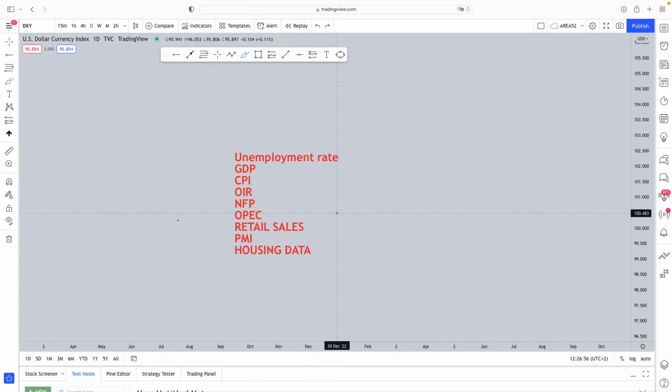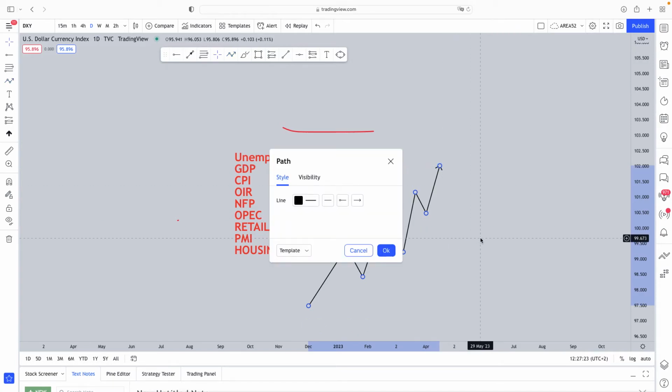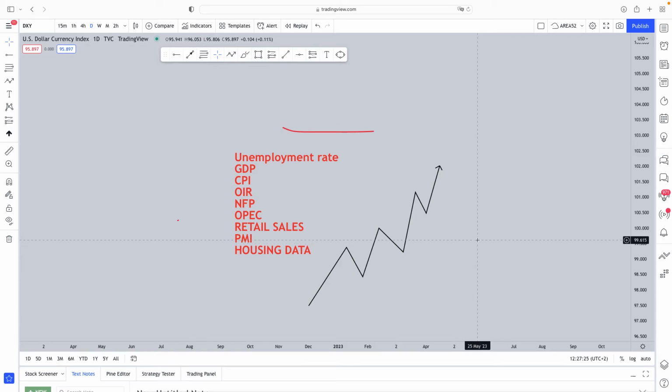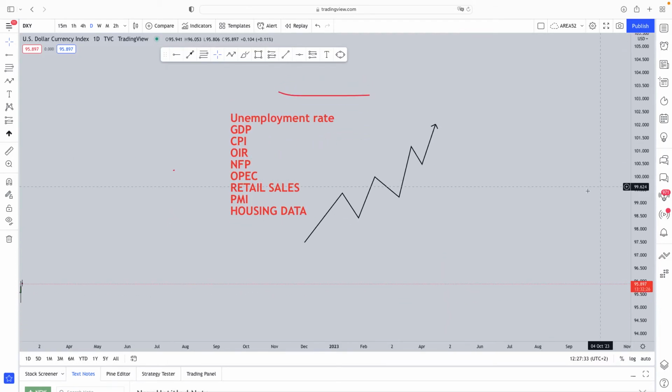Now, during the normal growth period, the PMI will normally hover, and you'll see this on the US dollar, but the trick is to see how it moves in the long term. What that means is, if the PMI is consecutively going up for the last few months, and it's bullish for the last few months, then the news for that associated currency is good. For example, if the PMI for the UK went from 52 to 55 over the last few months, but the PMI for the US dollar only went from 52 to 53, that means you should buy the EUR/USD.